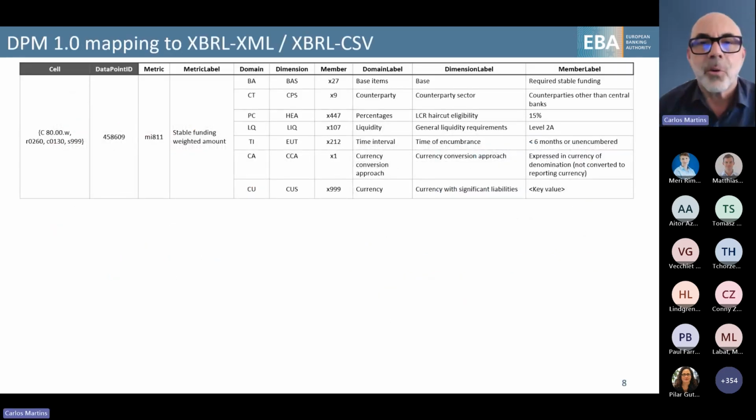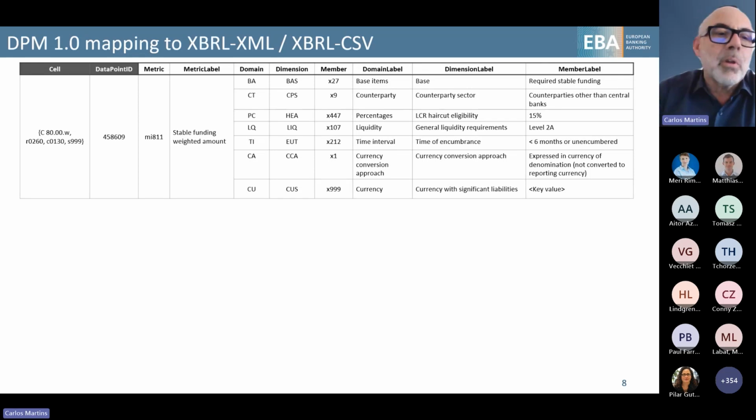And finally, to complete the presentation, I would like to explain, for those of you who are not so familiar with the DPM, how we make the link between the DPM and XBRL in its two flavors, XML and CSV.